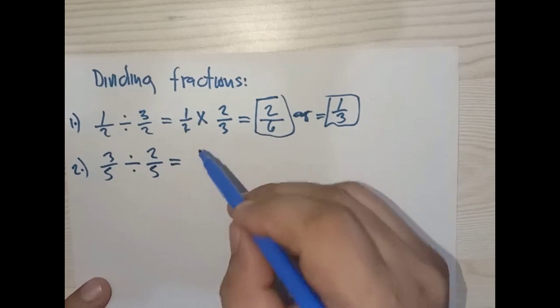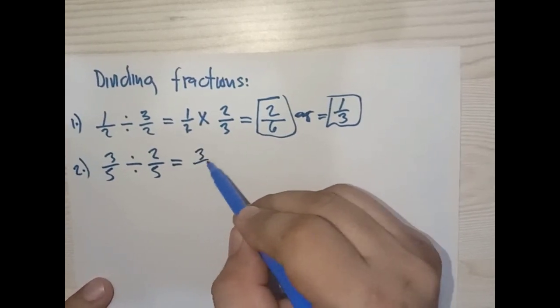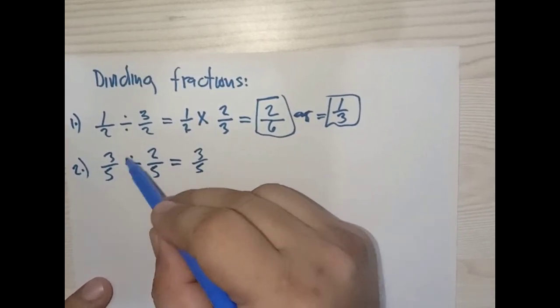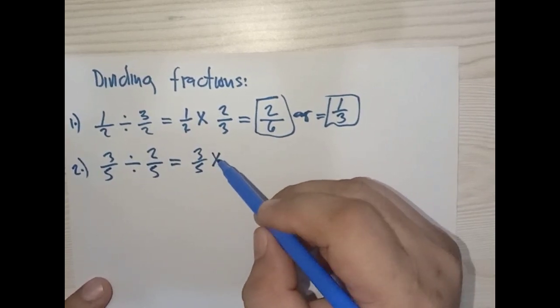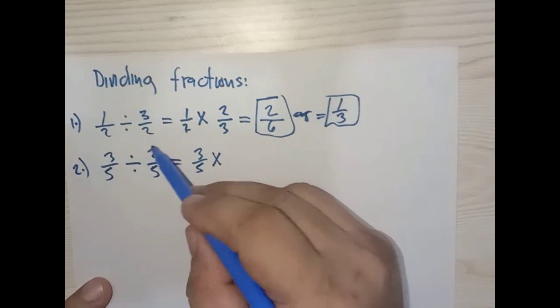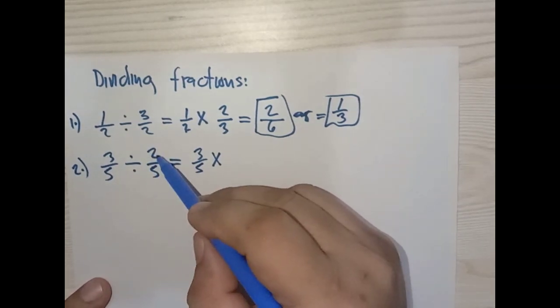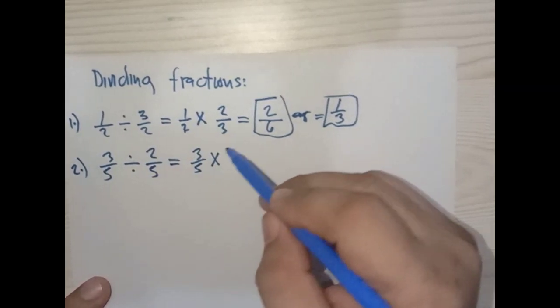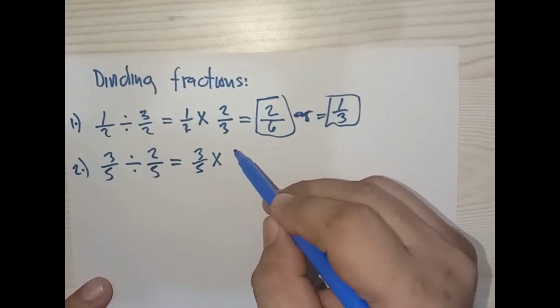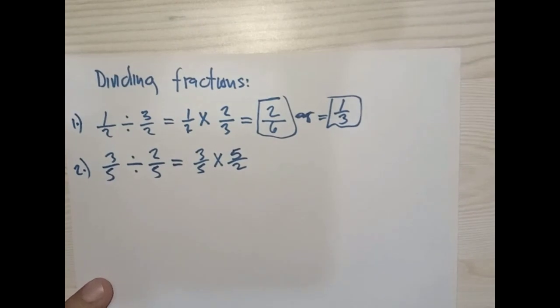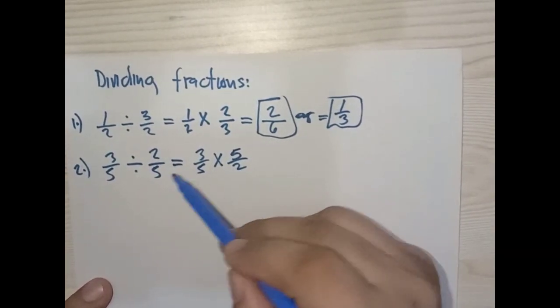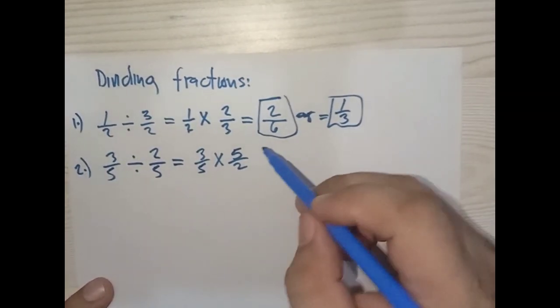Copy the first expression, 3 over 5. Then, change the operation into multiplication. And then, inverse or reciprocal of 2 over 5. So, magiging 5 over 2. Binaliktad lang natin sila ang position. Okay? Ang 2 na sa baba, ang 5 na sa taas na. And then,